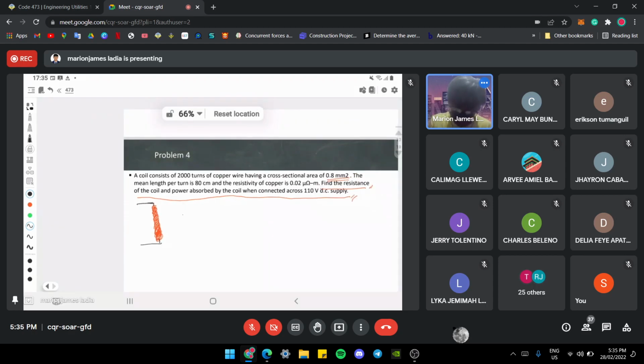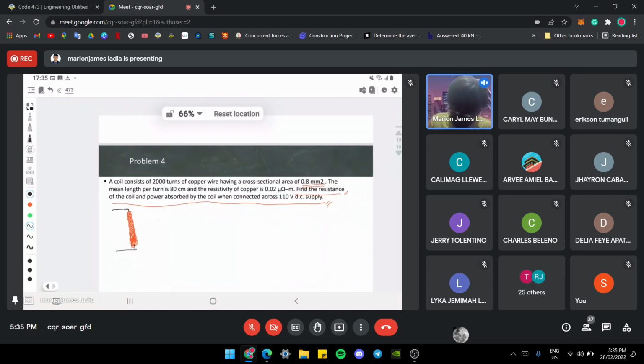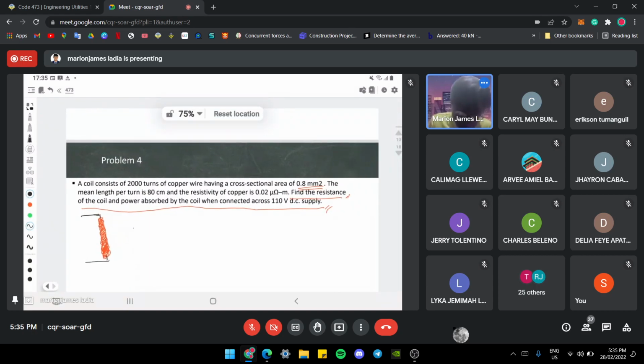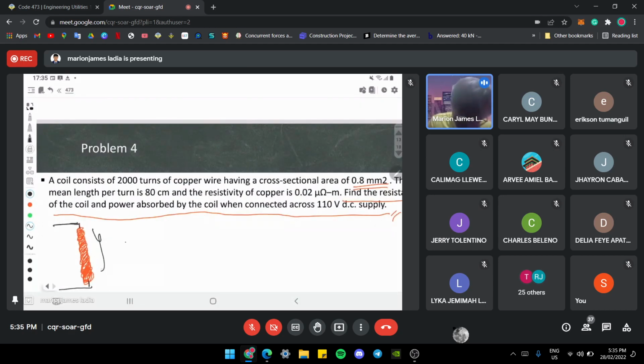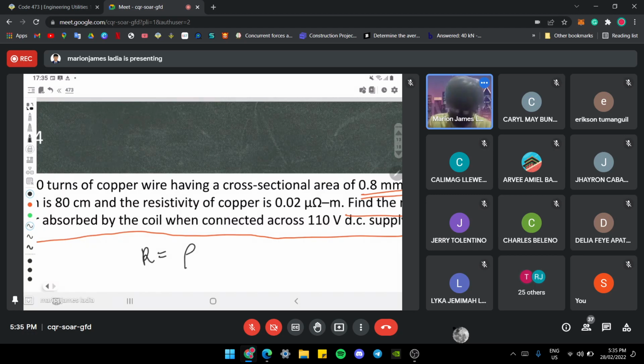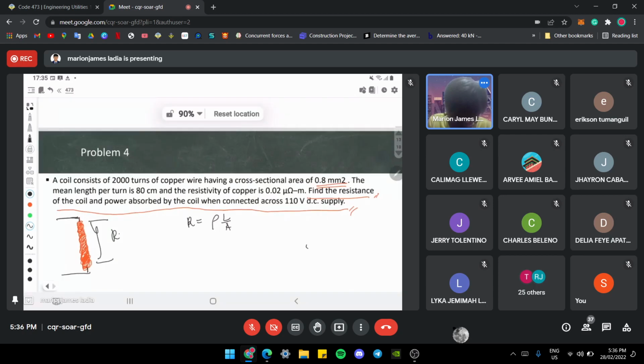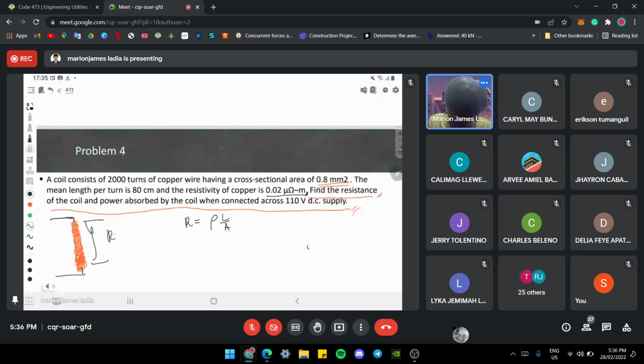Okay? So a coil consists of 2,000 turns. Ano ba yung gusto niyang kunin? Yung resistance. Okay, ano to yung resistance ng buong coil na to? Ano daw yung R niya? So ano ba yung mga meron tayo na parameter? So R is equal to rho L over A. May rho ba tayo? So meron tayong rho. It was initiated in the problem. It is equal to 0.02. So my rho was initiated as 0.02